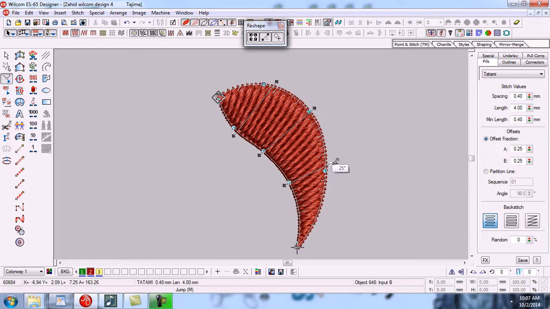For example, select the angle. For example, I have to remove this angle, so click on the angle and press D button from your keyboard, the angle has removed, and Control Z for undo. So you can remove any type of angle also, or points also, which I have told you already. So in this way we will make all these type of design.